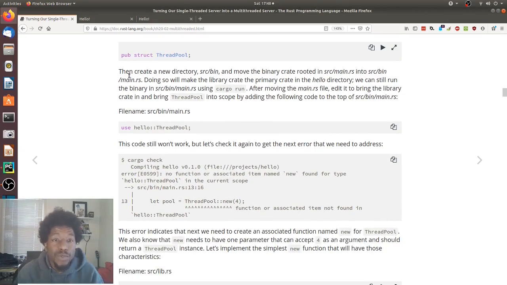Then create a new directory source/bin and move the binary crate root. Wait, what? They want me to move what? Oh, yeah, I definitely didn't do this. Then create a new directory source/bin and move the binary crate rooted in source/main into source/bin